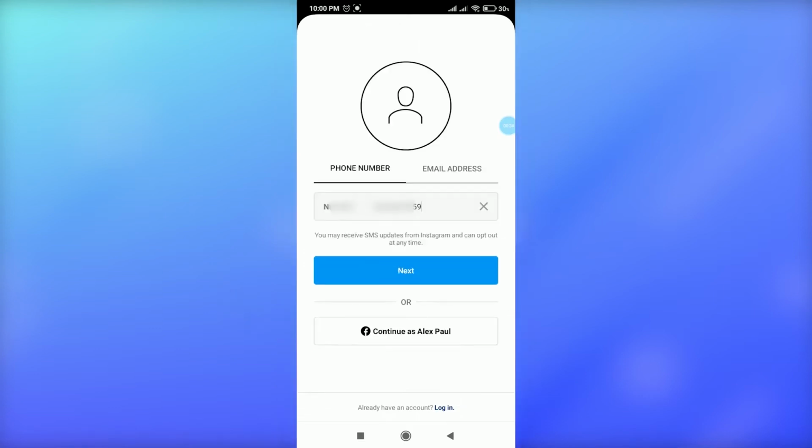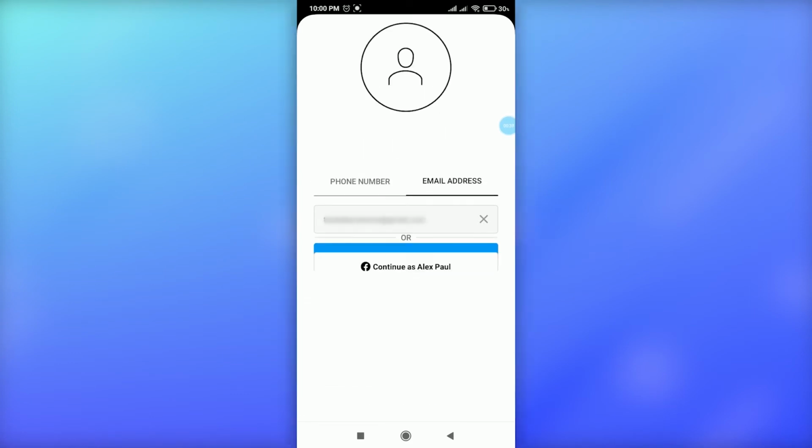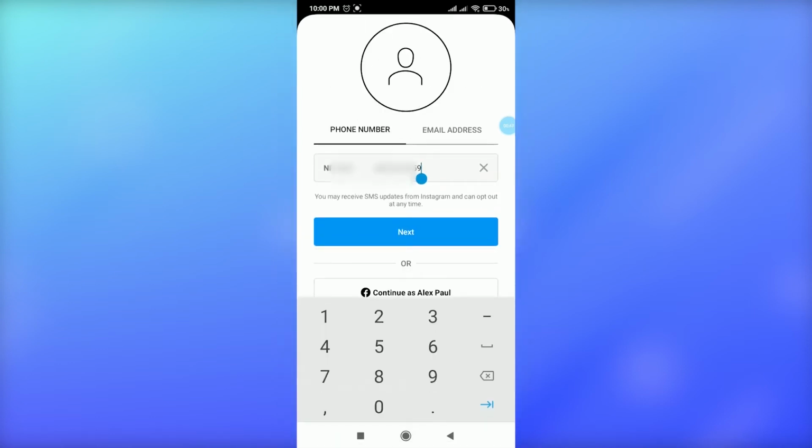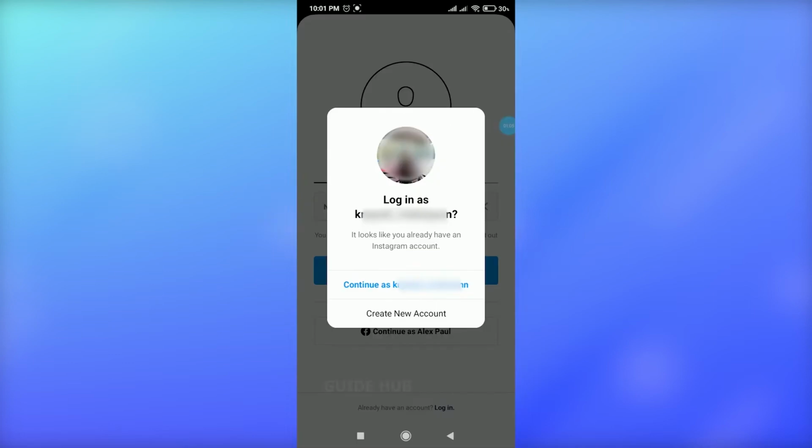And here, there are two ways to sign up. One is with your email address. You can provide your email address to sign up your account, or you can provide your phone number. Here I'm going with my phone number. Just provide your phone number here. Then after, just click on this next option at the blue box. Just tap this option and then simply tap on this create new account option at the bottom, and here you